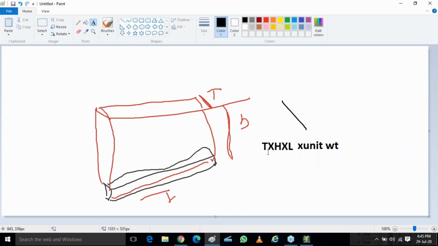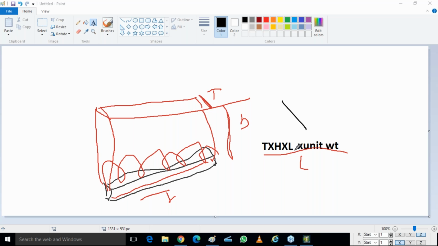So the formula will be total volume into unit weight, and if I'm going to provide a UDL, I think everybody knows what UDL is. It is a continuous load along the length. Can someone tell me the full form of UDL, I forgot. Uniformly distributed load. So it will be divided by length. I'll divide the whole by length. So it is thickness into height, length will be cancelled, into unit weight.